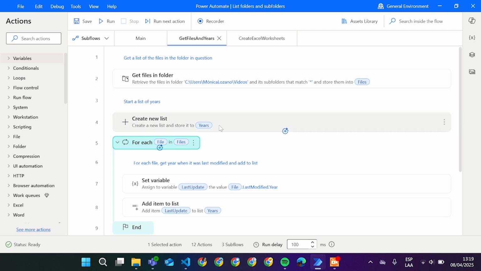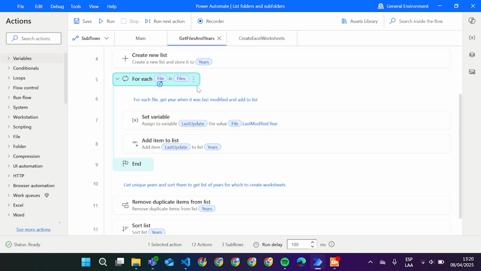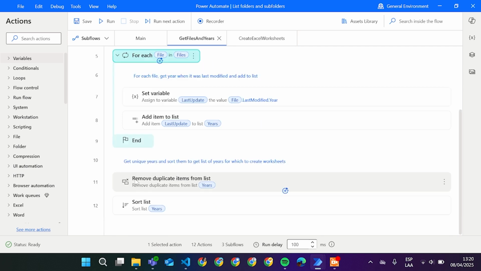And then here I'm creating a list that is called years. I'm creating it because I want to separate each file into years. Then I have this for each, and what this does is it's setting a variable that is called last updated, and here I'm saving the file's last modified year, and then I'm adding it into the list above that is called years, and finally it's removing the duplicates from that list, and then